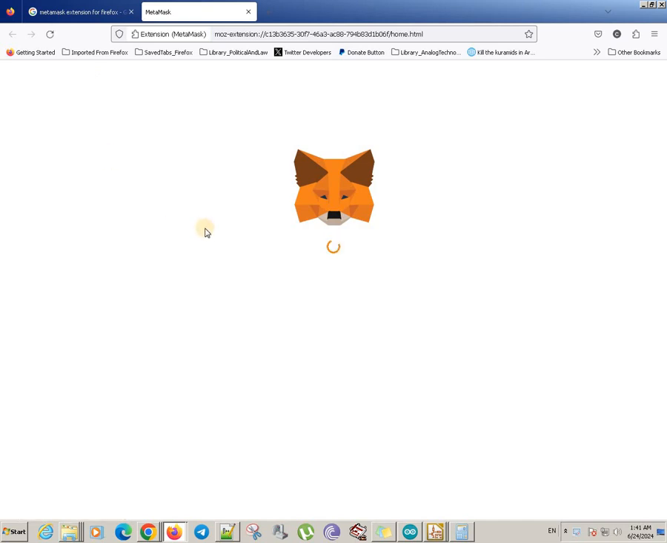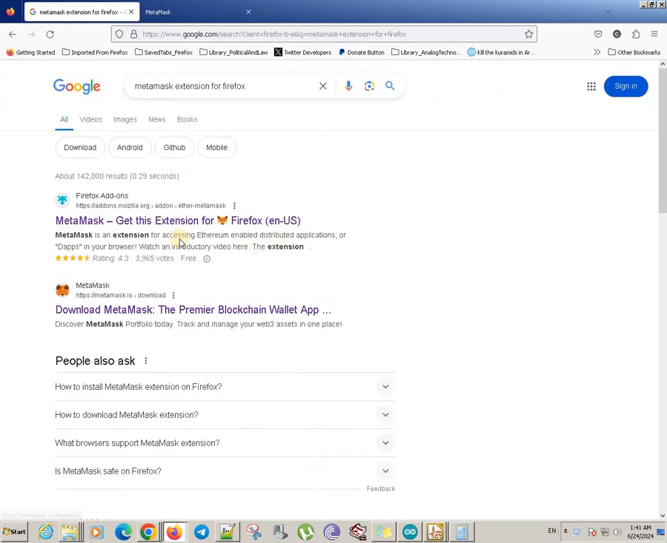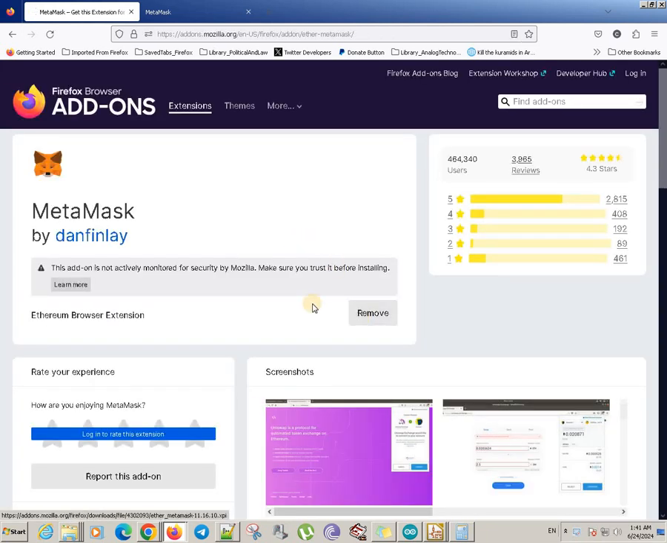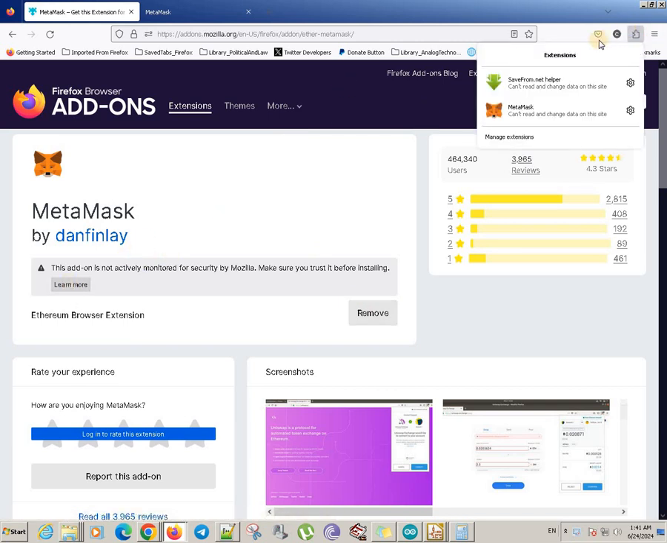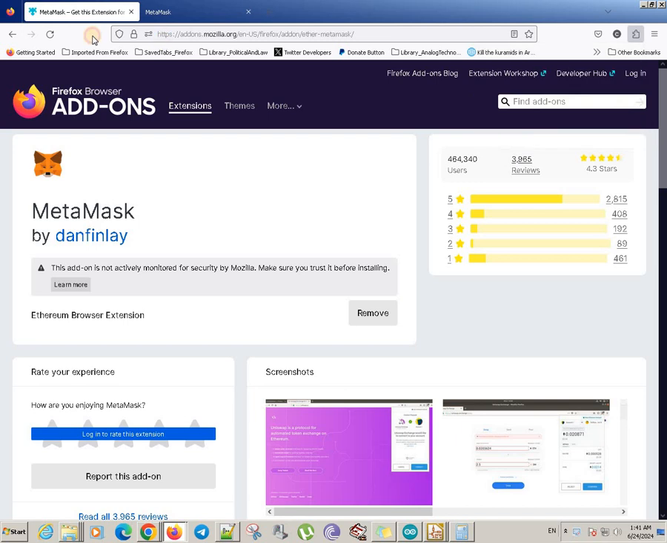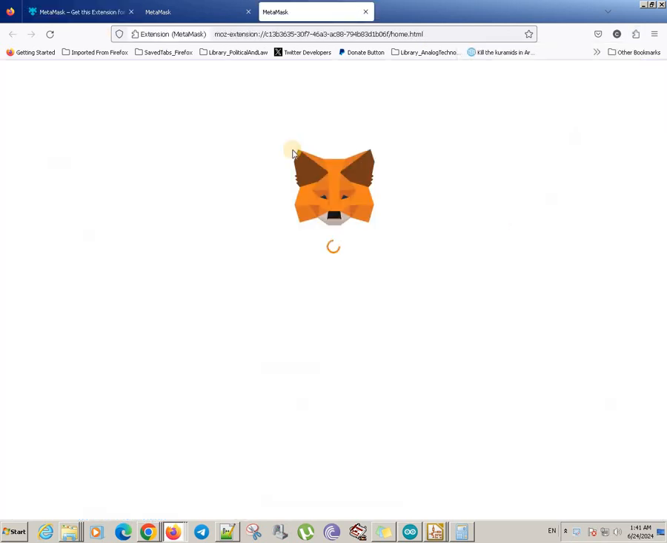Now first we have to install the Metamask extension. I have already installed it, but you can get it from the Firefox add-ons. You can go here and click add to Firefox and it will be added. It normally appears here in this list. Then we click on MetaMask